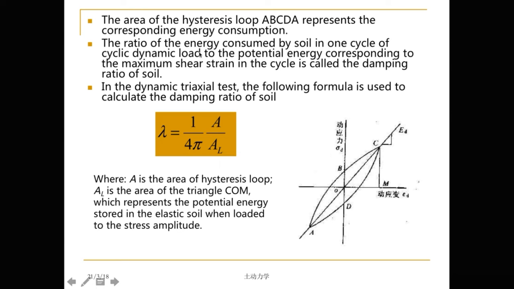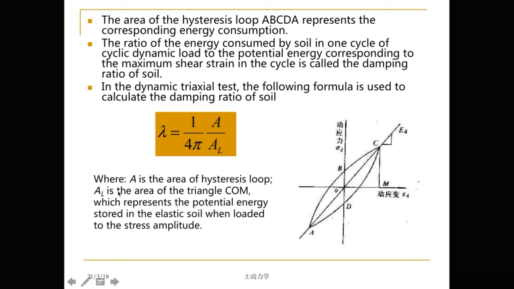The ratio of energy consumed by soil in one cycle of cyclic dynamic load to the potential energy corresponding to the maximum shear strain in the cycle is called the damping ratio. Here, this is the damping ratio. In the dynamic triaxial test, the following formula is used to calculate the damping ratio of the soil. Just use this equation. And in this equation, we do know what A is